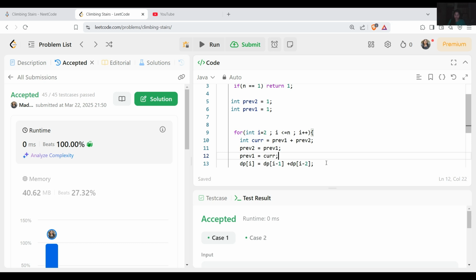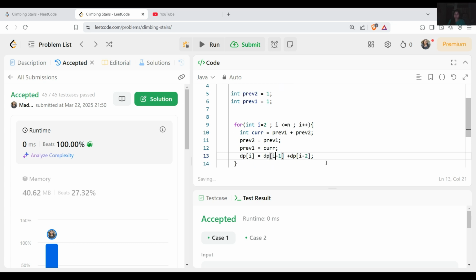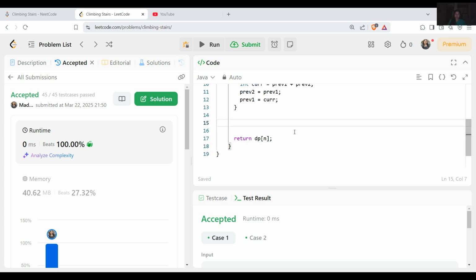So in this way we just need to swap, and this step is done in three lines. After this we get the final result. Instead of returning dp, we will return prev1 from here, so we'll have our final answer.